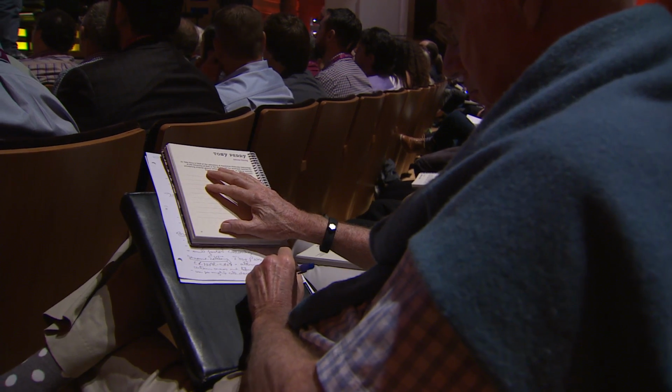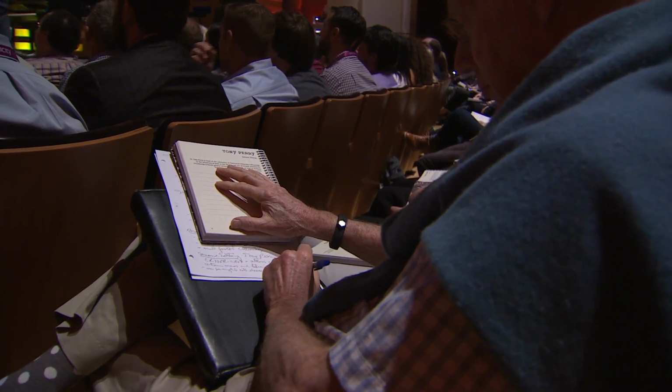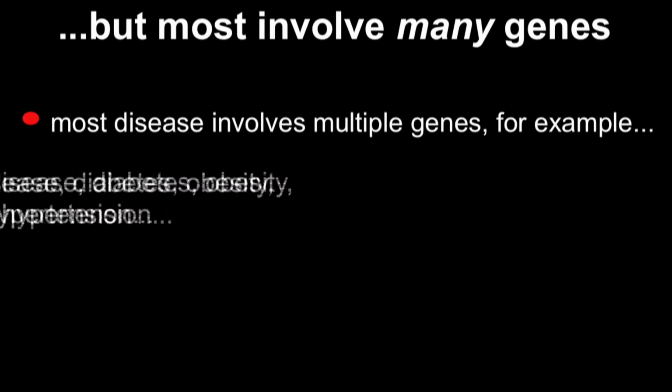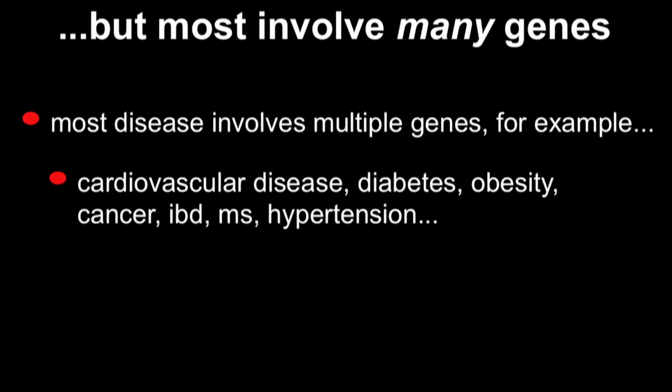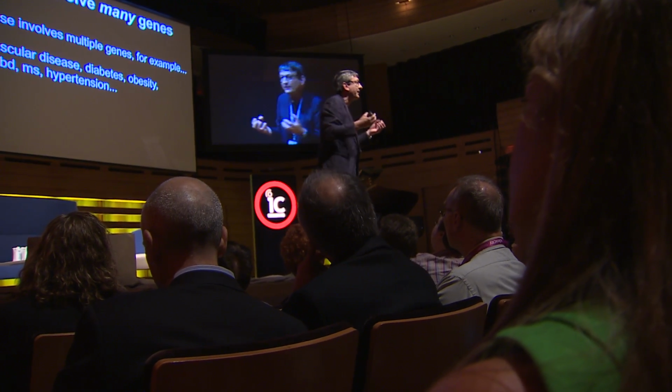But in fact, all disease probably involves many different genes. And you can think of this in terms of all of the major killers in Western economies and elsewhere. You probably recognize some of them here. Heart disease, chronic heart disease, obesity, diabetes, certain kinds of cancer, or all kinds of cancer. So an enormously important problem. There's a genetic component, an environmental component, and the interactions are phenomenally complicated.